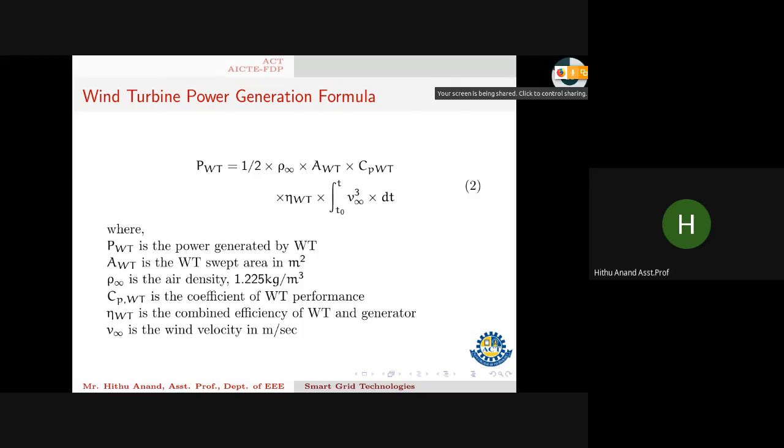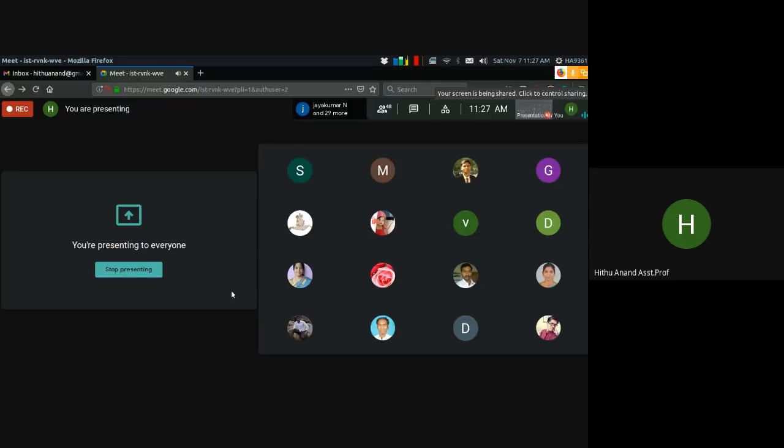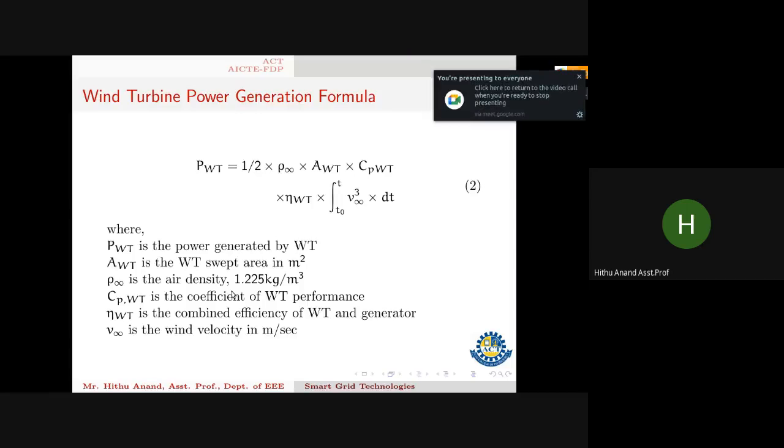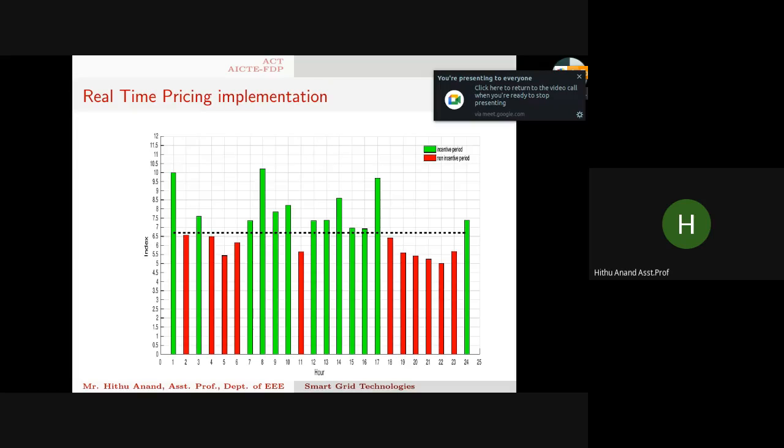So I'm going to skip because sir has given me a time of 11:30. So I will try to make it a bit faster. I'm almost finishing, I believe. The slide number is... almost finishing. You can't see the slide number. Okay.